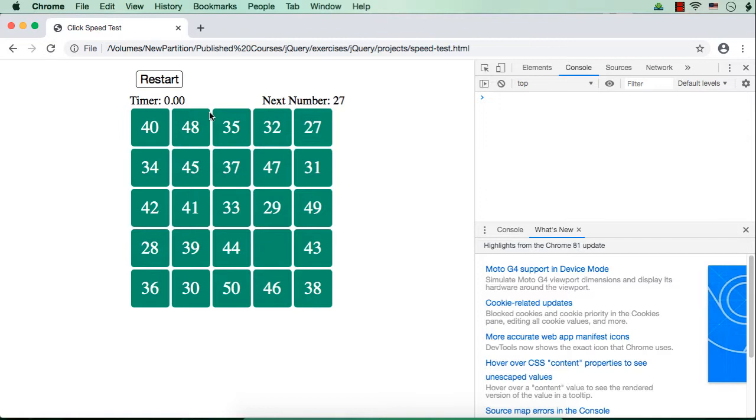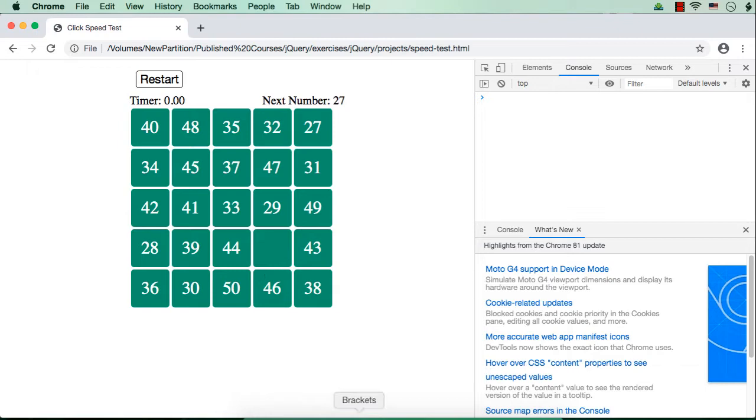Once all the 25 numbers are clicked, we will see numbers from 26 to 50, right? Once 26 is clicked, we don't have any other number to place here. So we can change the background color to white so that the user will feel that only a few more items are to be clicked. If we remove this div element, what will happen? The other elements will be moved to adjust to the empty space. So instead of removing this div element, I am going to just change the background color to white.